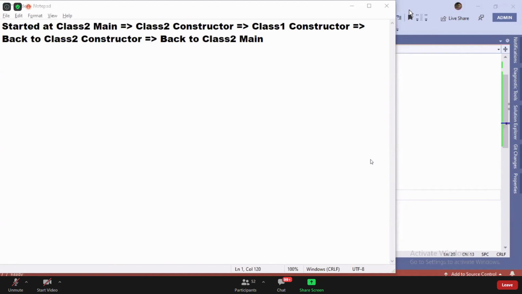Who can initialize the members of a class? The members of a class can be initialized by the constructor of that class.